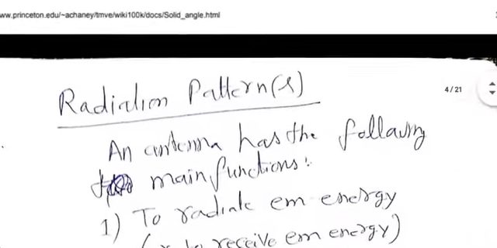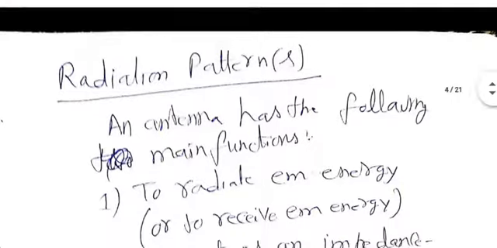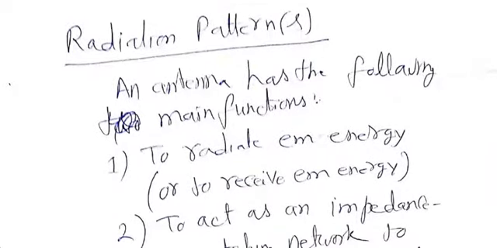Now, radiation pattern, as I was explaining last time, is the behavior of the magnitude of radiated electric field with theta and phi for a given R. For dipoles, the dependence on phi is not there, so we worry only about dependence on theta. Now, here's a write-up that tells you things that you are supposed to know already. An antenna has the following main functions: to radiate EM energy, we know that, or receive EM energy. If it is a transmit antenna, it would radiate. If it is a receive antenna, it would receive.